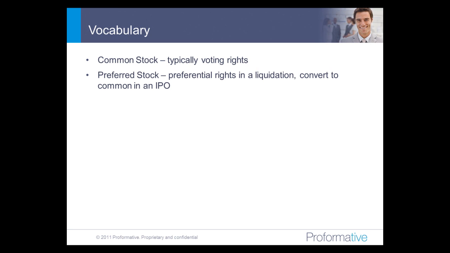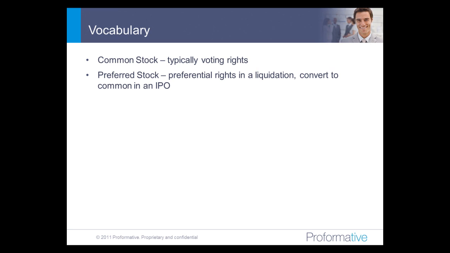But common stock is sort of the baseline entry-level stock of most corporations. Preferred stock. Different class of stock. It typically does not have voting rights, though not in all instances. It depends on the company charter, et cetera. I won't get into those details, but it usually does not have voting rights, but it does have other preferential rights over common stock, which is why they call it preferred stock. For instance, preferred stock typically gets paid out first in a liquidation event. If a company is going Chapter 7, Chapter 11, then preferred stock is usually subordinate to debt, but it's senior